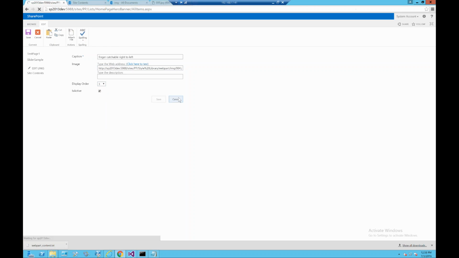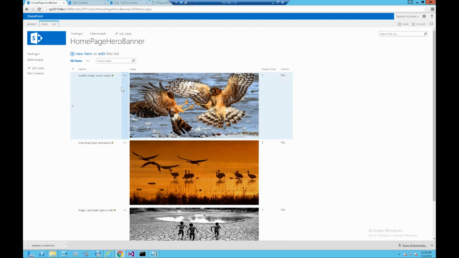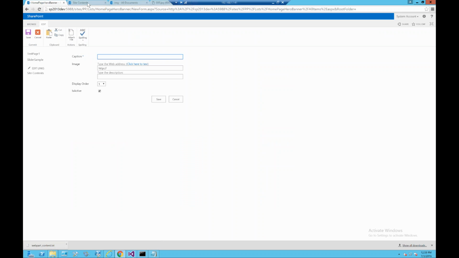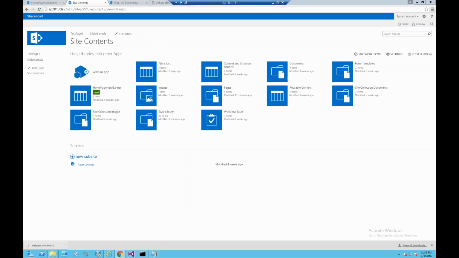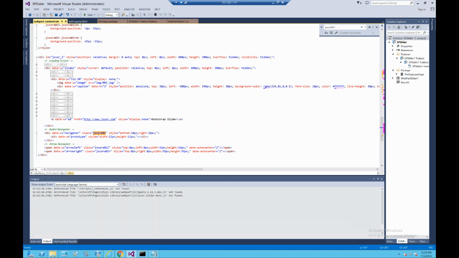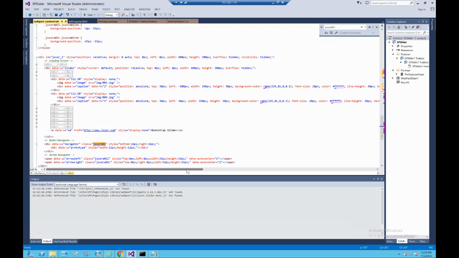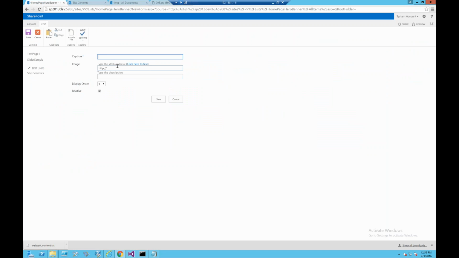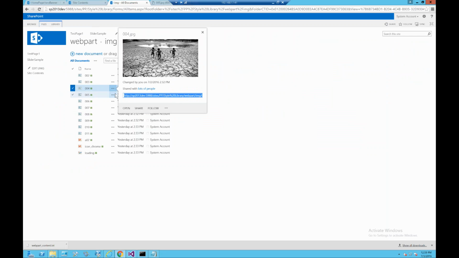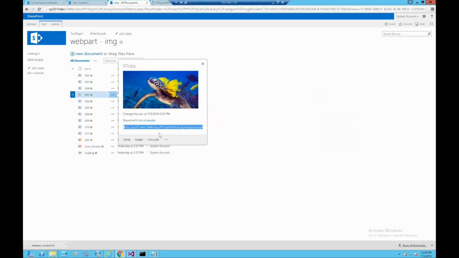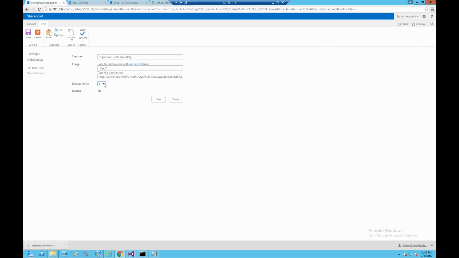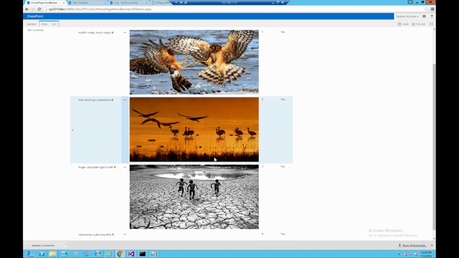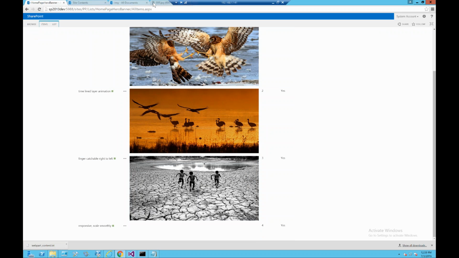To make it simple for us, I will just do 4 items rather than all items. And this is the fourth, which I'll stop here. And image of the fourth, and this one is 4. Okay guys, we have 4 items here, and I want my web part